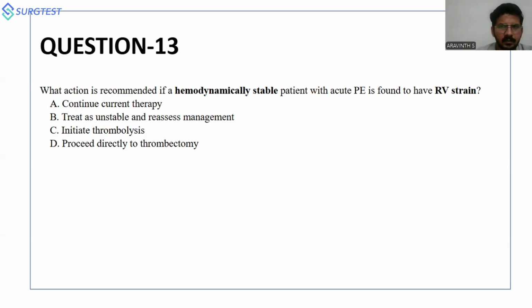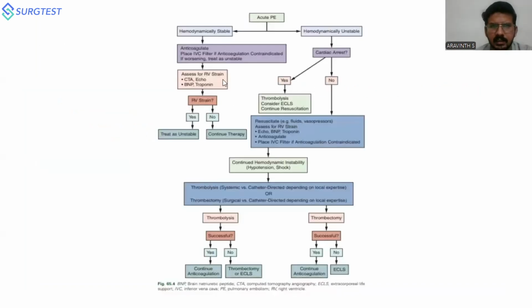So you see, we have an answer B. Dr. Arnab says it's B. Treat as unstable and reassess management. B is the right answer. I just told you. Once you say the patient is hemodynamically stable, but your echo is showing an RV strain, you treat them as unstable, and the patient switches over from this arm